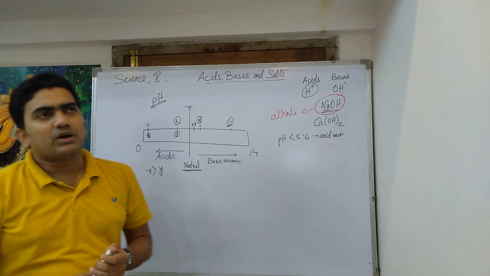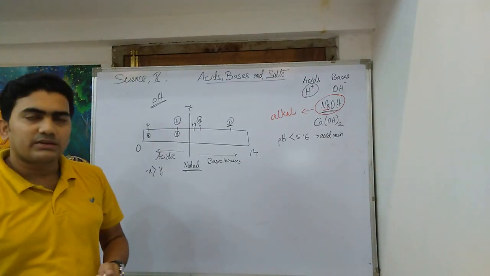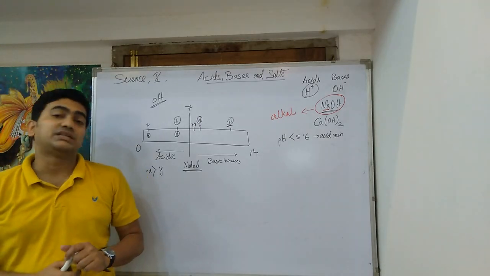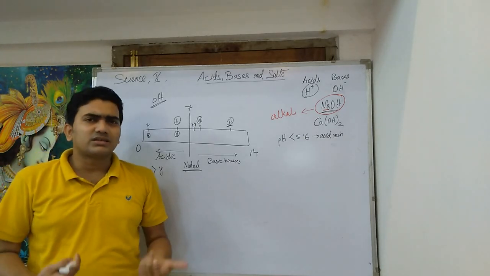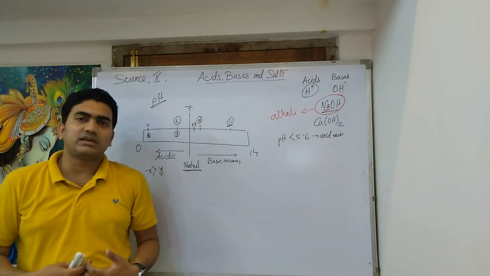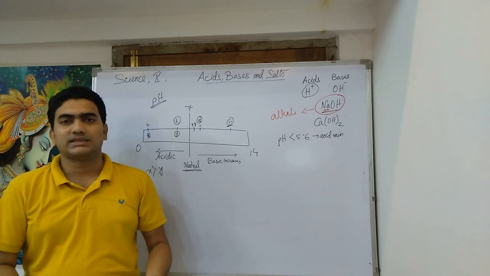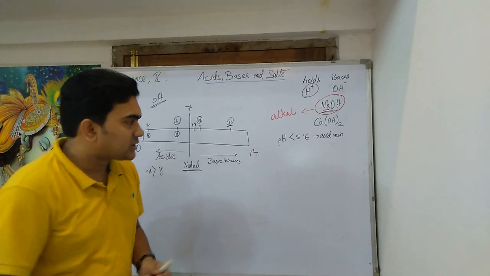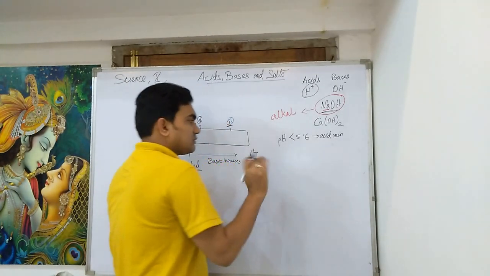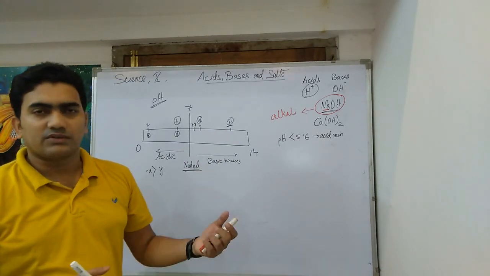Now, what are the other things that we can compare by using the pH? Sometimes we have acidity issues, digestion issues. So when do we suffer from acidity? We always have HCl secreted in our stomach. But when do we say that our stomach has gone through acidity? When the pH of our stomach has decreased below a certain point, then we call it acidity. We are suffering from acidity.